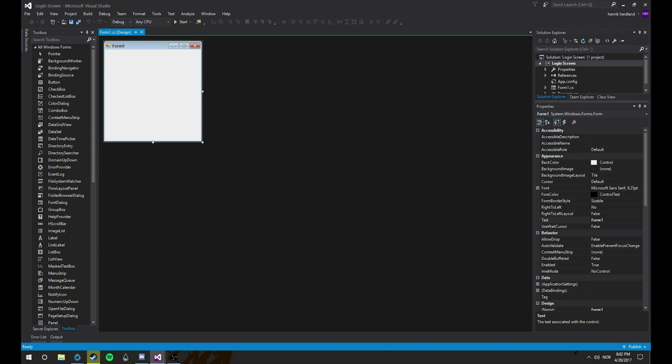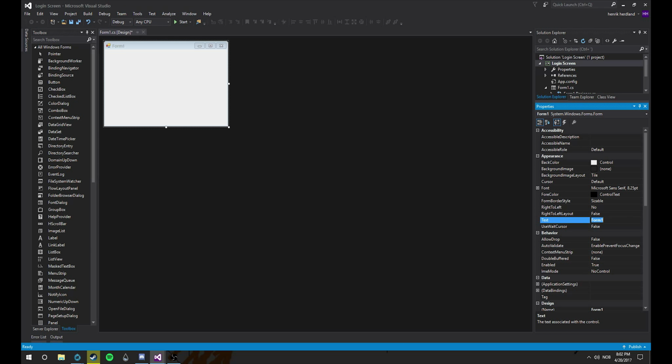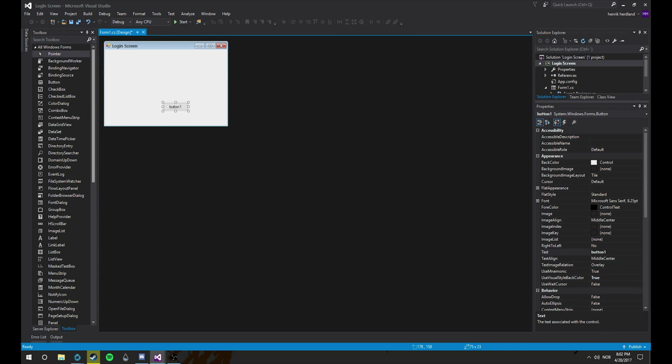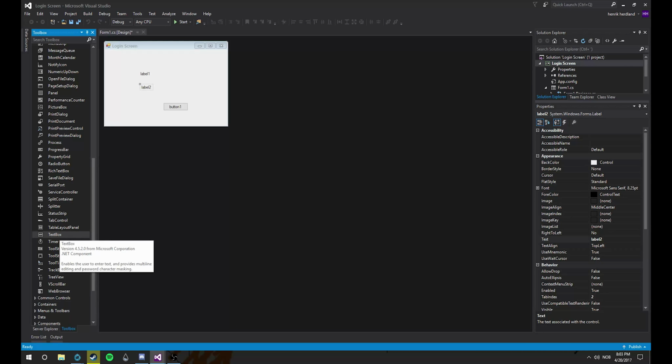Okay, when you are in, make the form not that big, because it's just the login screen we're going to make, and then the main program. In the text here, you can edit the top name, and if you scroll a bit down you can edit your icon, which is this one. What you're going to need is one button, and a label, which is here. You need two of those, and then you need the text box,